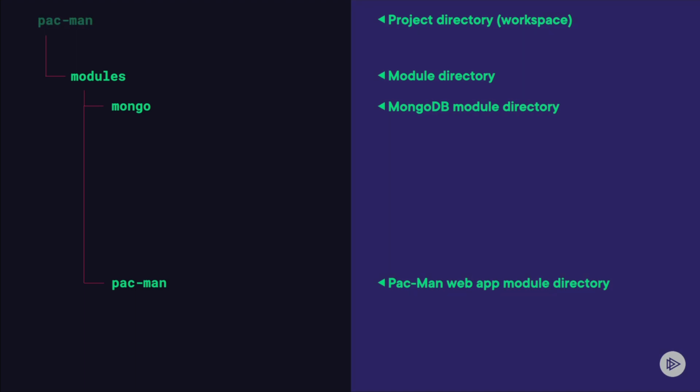Within Pacman, we first have our Kubernetes.tf file, which is our main Terraform file. This file will declare what providers we're using. We'll also set our preferred Terraform version, as well as call our modules. So within each module directory, starting with Mongo, we'll have first a